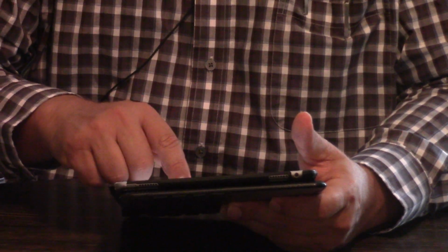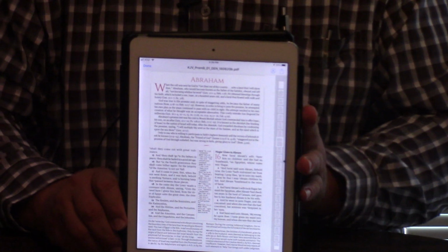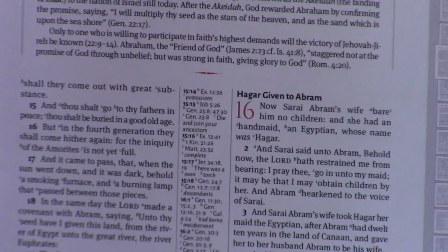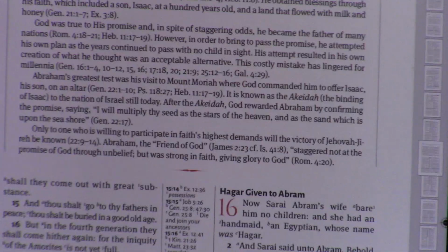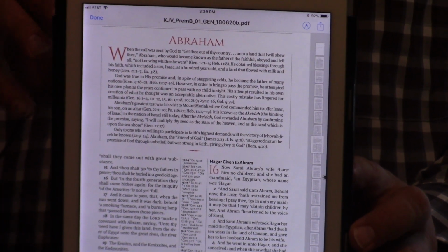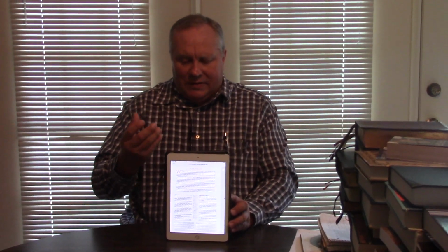Now, I'm by no means trying to say this is the study Bible with the most information or anything. There's study Bibles with more information. There's no doubt about it. This has got an enormous amount of information, and it's got more information than the KJV Study Bible 2 done by the good folks at Liberty University and that type thing. So it's got an enormous amount of information, but we're trying to get essential and accurate information, first of all, on salvic